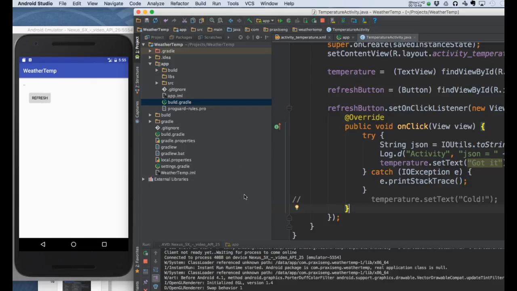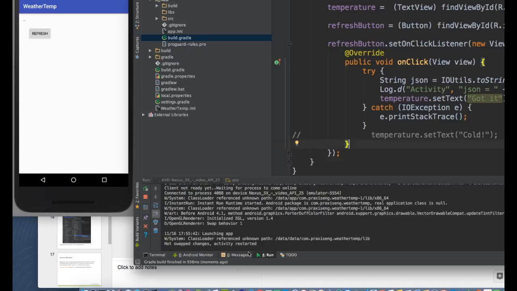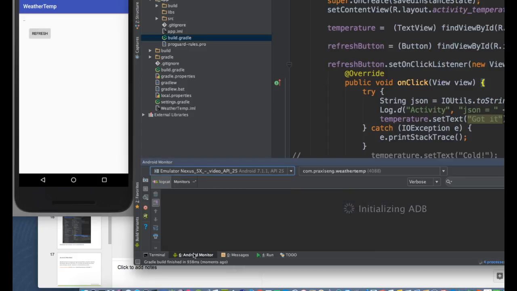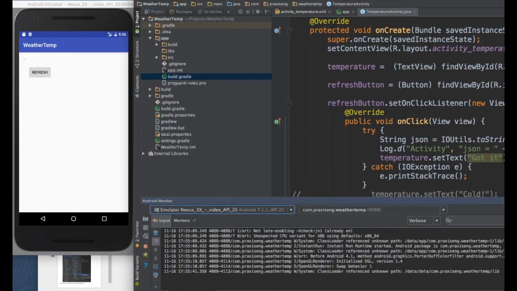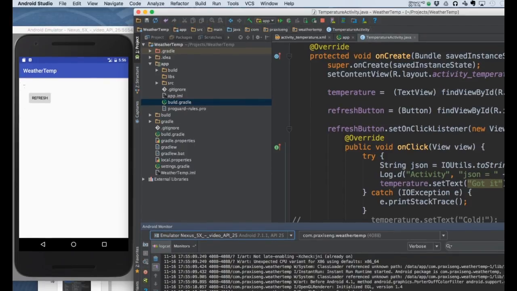Okay, so now I'm going to show you a couple things. This run window is kind of what's happening. This is the console output from the tools that are running on the laptop. Okay, this Android monitor is the console output from the stuff that's running in the emulator or on your phone that's attached. So that's basically your log output. All right, so now I'm going to hit the button,